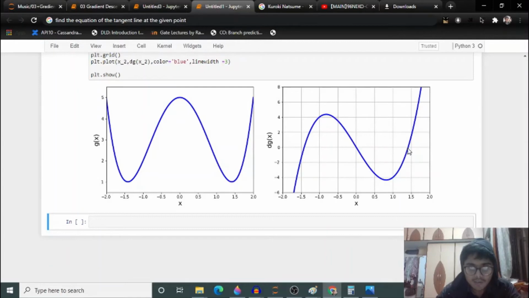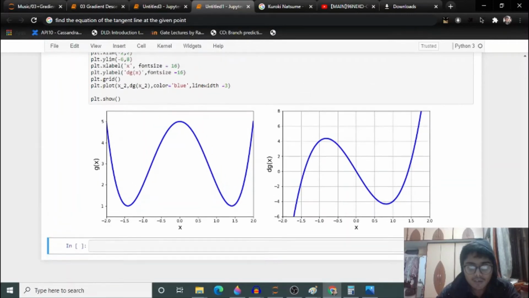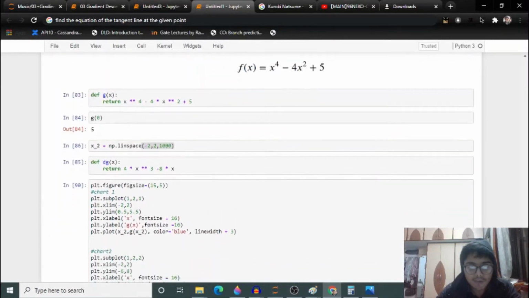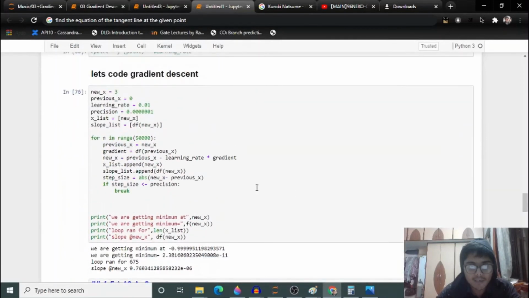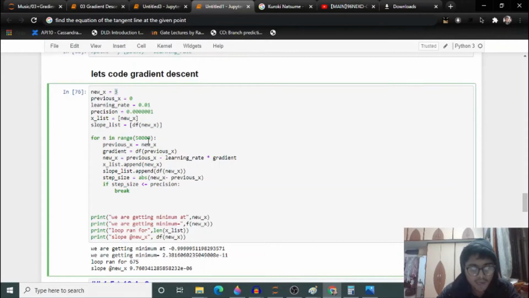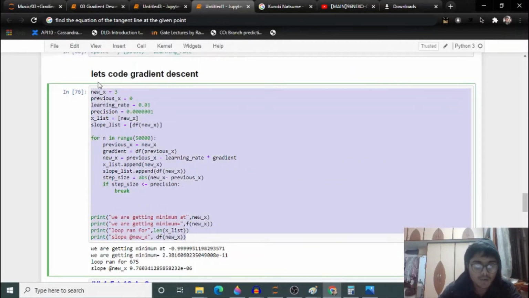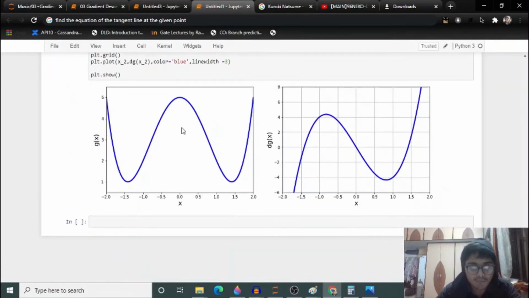Now let me show you how the initial starting point changes the behavior of gradient descent. In this example of gradient descent, we used to choose some point. Now I will show you how this is going to matter in our very curvy function.